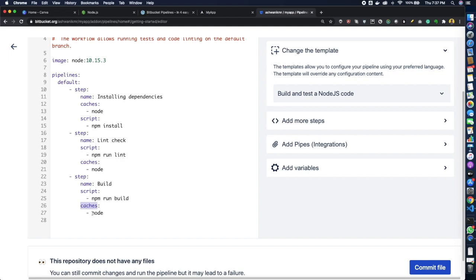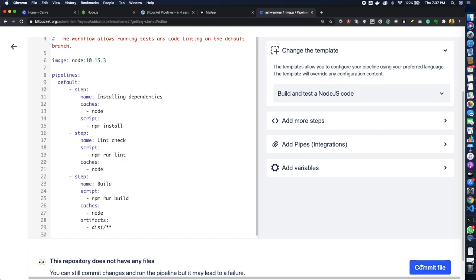And the cache, I want to use node cache that I have installed in the first step itself. And I also need the artifacts. So I will add one more tag, artifacts. And the path of artifacts. Okay. So now we are done.